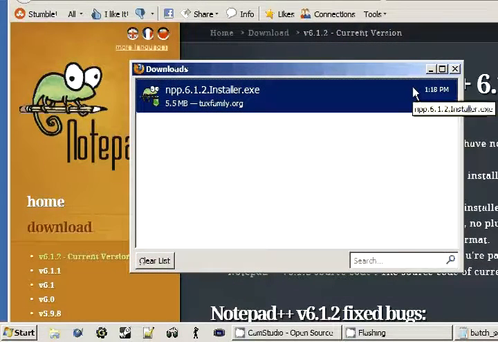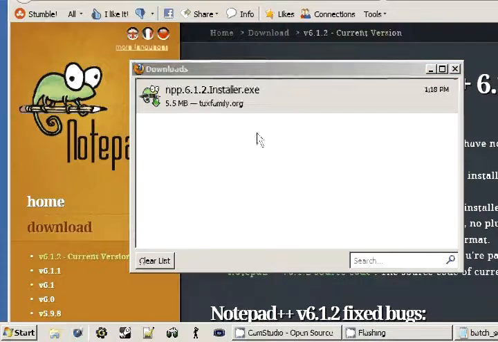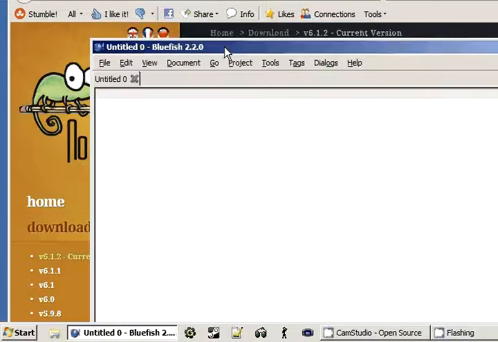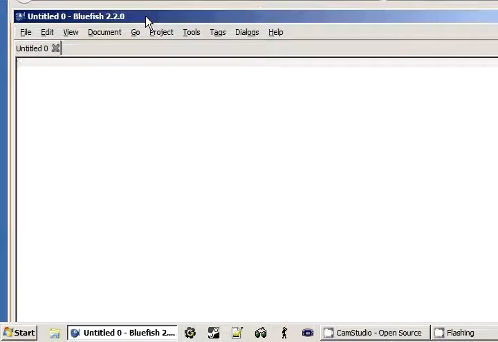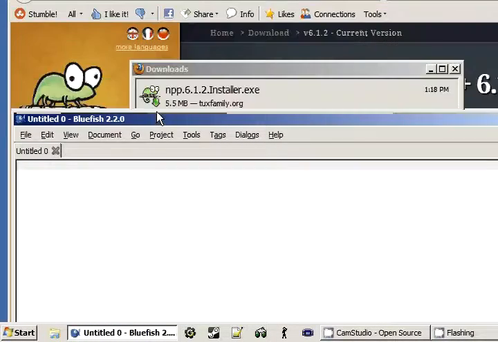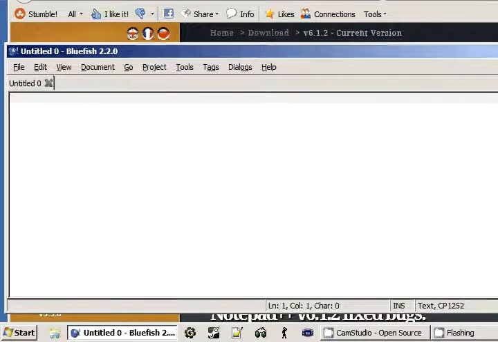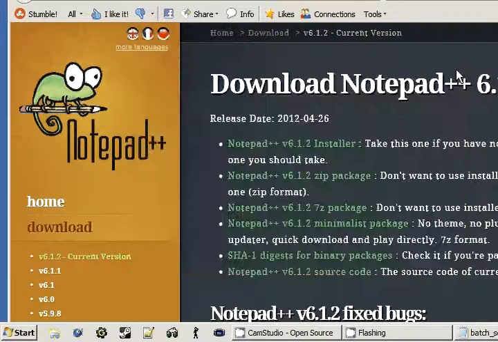If I were on Linux or running a different operating system, I would recommend some other things like Bluefish, which I actually do have installed, but I don't really think you guys are up for that, because that might be a more complex install process. All you guys really have to worry about is Notepad++,